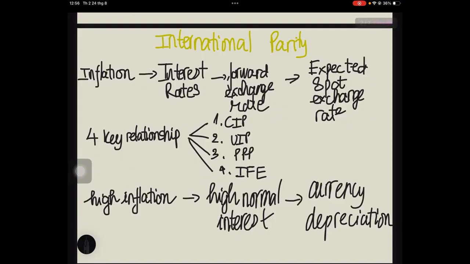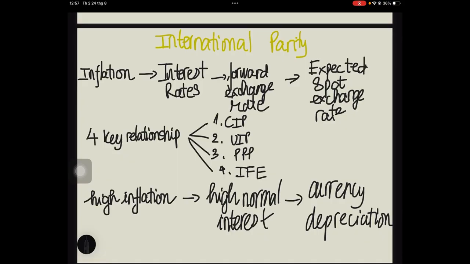Okay, before we look at individual formulas, let's step back. International finance is really trying to answer one question: how should price and return adjust across countries? Imagine we had two countries, country A and country B. They had different inflation rates, different interest rates, and different currencies. If these markets are reasonably integrated, investors will look for opportunities to earn excess returns. If one market consistently offers a better risk-adjusted return for no reason, capital would move there. That capital flow would then affect interest rate, exchange rate, and asset price.